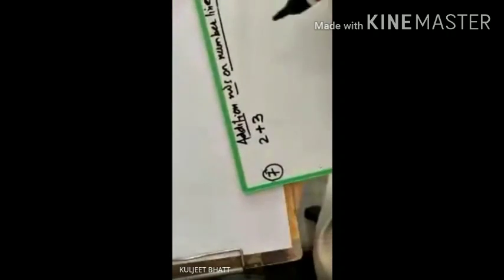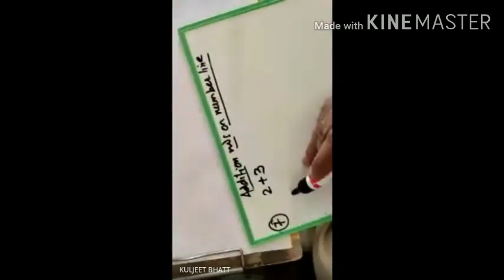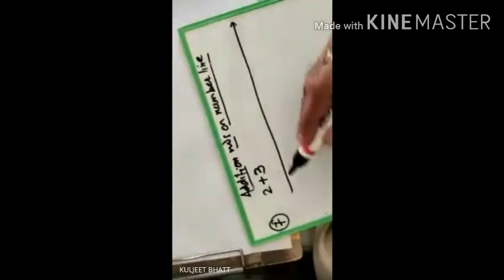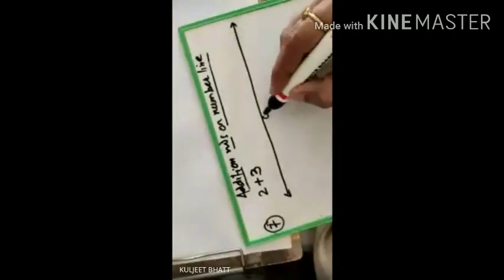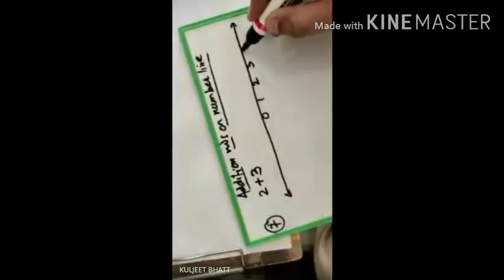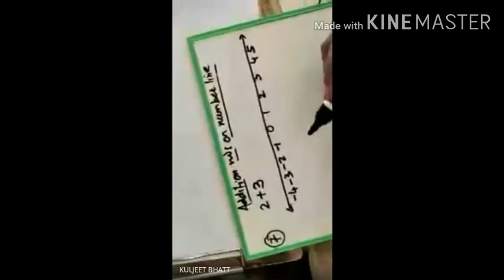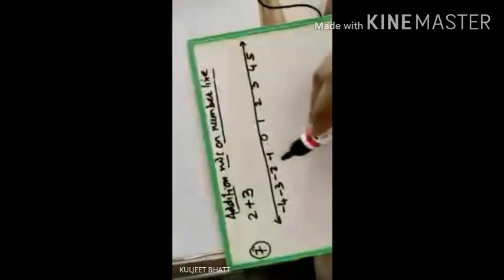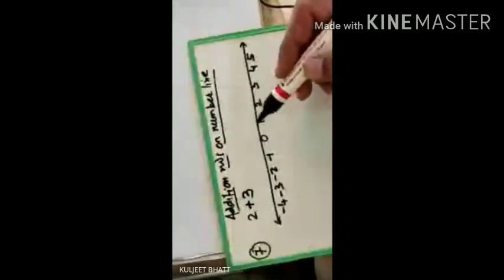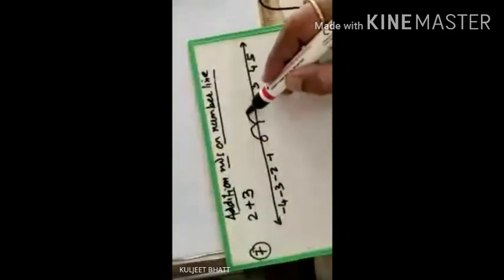You can have your eyes in the textbook. Example 7. So as usual, what will you people do? You people will draw a number line. So our number line is drawn. Okay. Then as usual, plot the numbers 0, 1, 2, 3, 4, 5, -1, -2, -3, -4, like this on the left hand side. Now you see, you have the numbers 2 and 3. So when it is 2, you jump 2 places from 0 because it is positive, so we'll go towards the right. First jump, second jump.